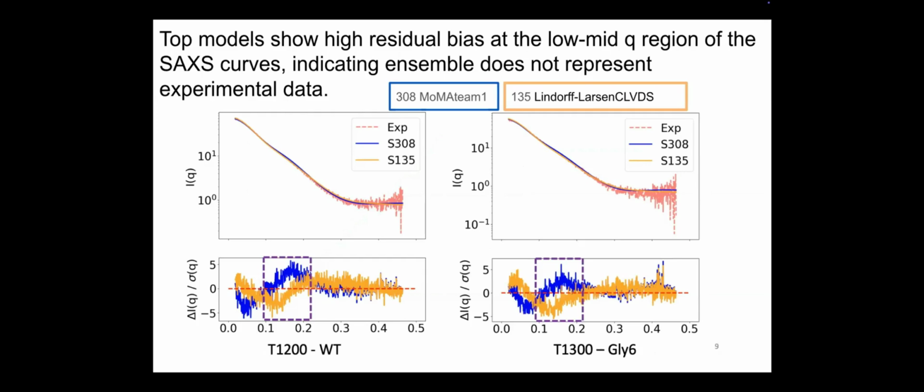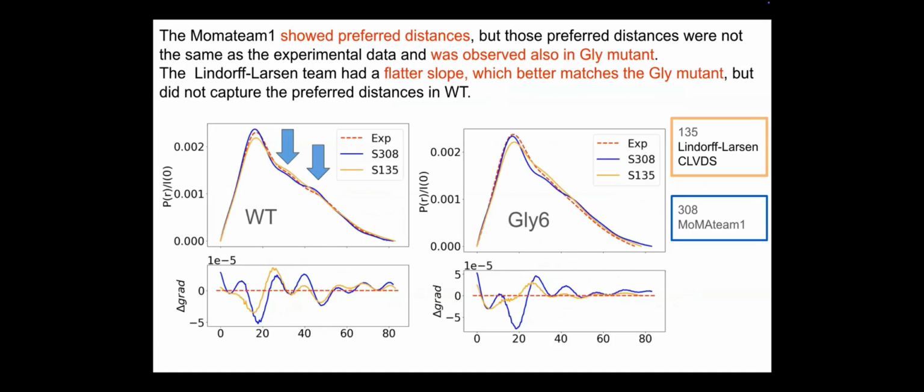But when you take a look at the residuals, which is the difference between the model data and the experimental data, you can see that there is significant bias in the residuals, indicating that they were not able to really replicate the experimental data. This may also be obvious in the experimental data,